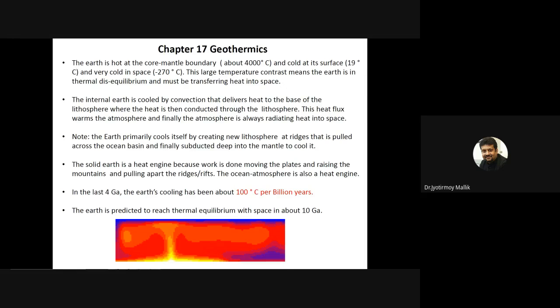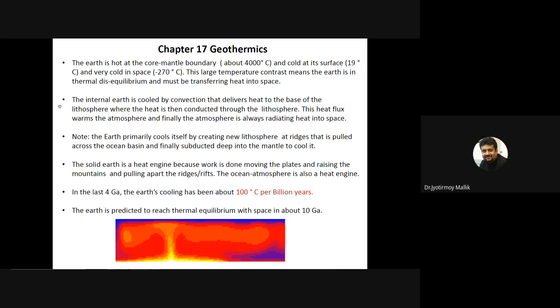Now, how is plate tectonics actually related to this thermal disequilibrium? That is something we will try to understand. So the Earth is hot at the core-mantle boundary, around 4,000 degrees centigrade. And it is cold at the surface, only 19 degrees centigrade, and very cold in space, around minus 270 degrees centigrade. So this large temperature contrast means that the Earth is in thermal disequilibrium and must be transferring heat